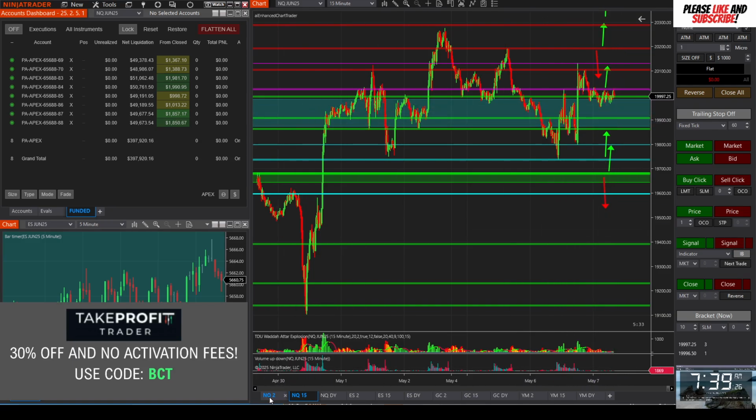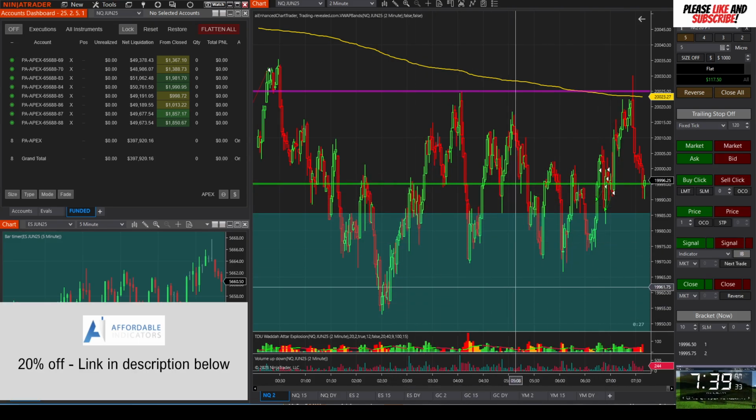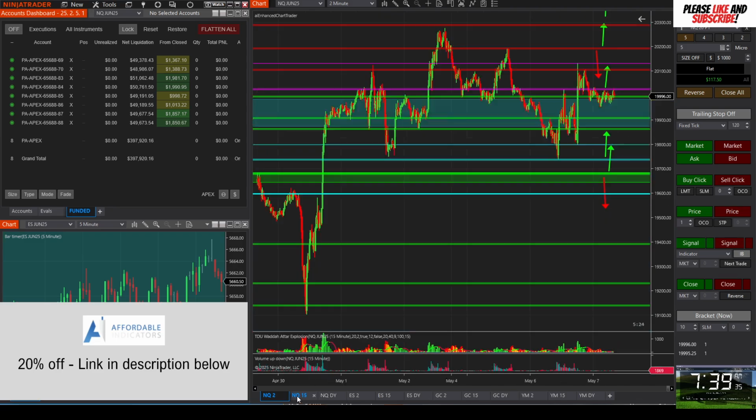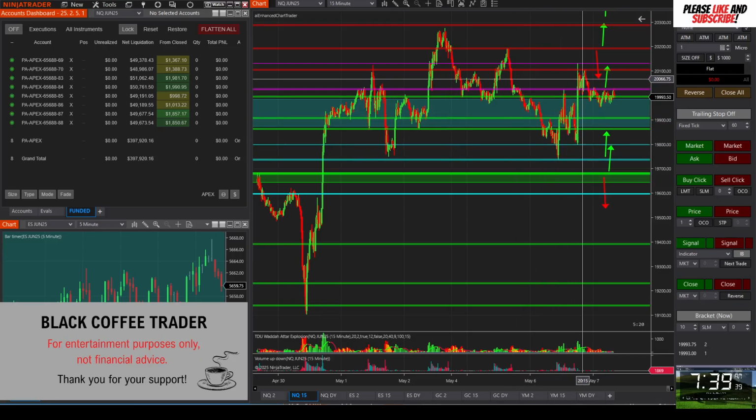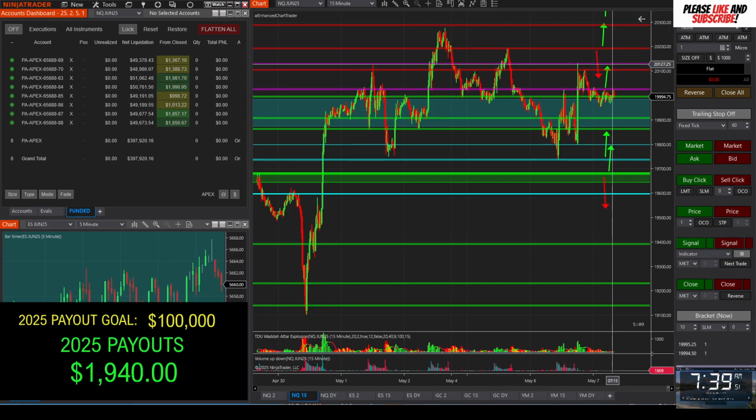If I go to the 5-minute or the 2-minute chart, I was actually trading an eval this morning, so that's why you see some trades here, but I have this area. If we're in this area, I'm planning to not trade at all. The areas I'm looking to trade today, obviously, my number one setup would be a break and retest long above yesterday's highs. If we can get above yesterday's highs and hold that, that would set up a really nice long trade. Also be looking at fades up in here, and if we get break and retests above some of these levels, I'd be looking to take longs to the upside.